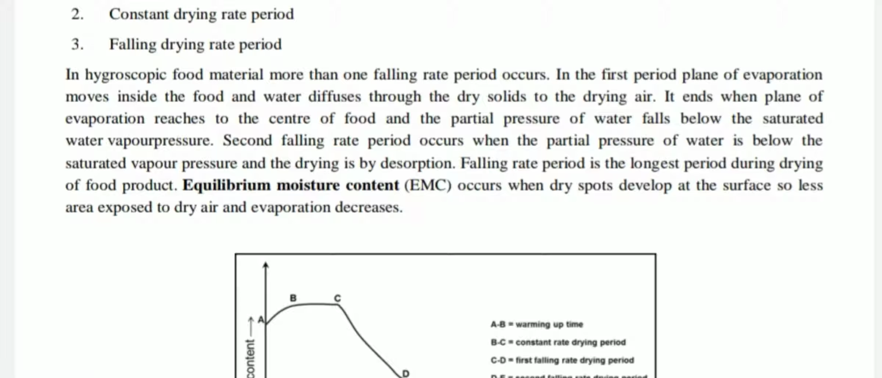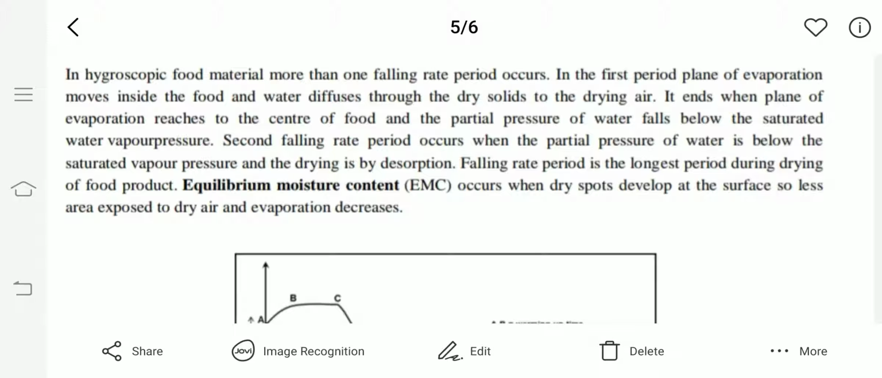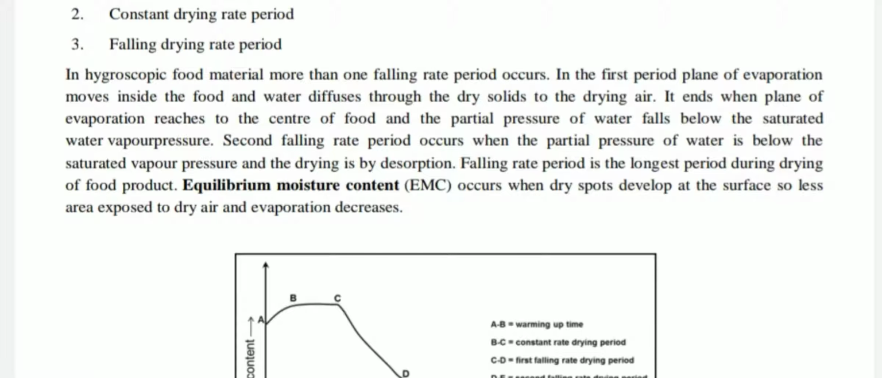So we can understand this paragraph: in hygroscopic food material, more than one falling rate period occurs. In the first period, evaporation moves inside the food and water diffuses to the dry solid and to the drying air. We had understood this. Then it ends when evaporation reaches the center of the food,